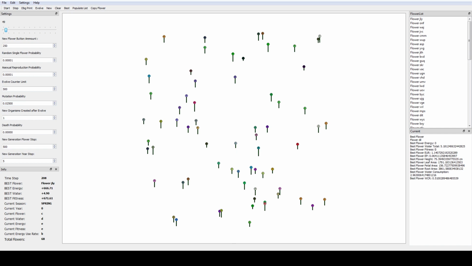It's going to take the top four flowers in the simulation as far as fitness goes, so the best fit flowers, and I'm going to go ahead and pause this just for a second so I can explain. It's going to choose 1 flower, 2 flower, 3 flower, 4 flower. So it's going to take the top 4 parents and it's going to have them produce